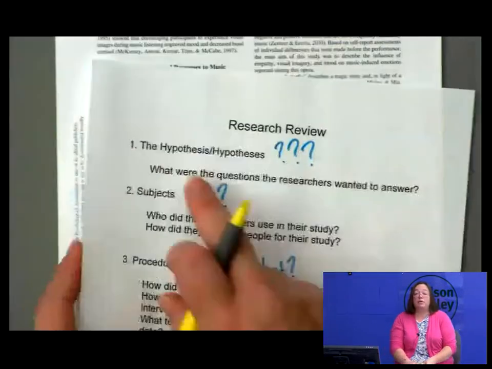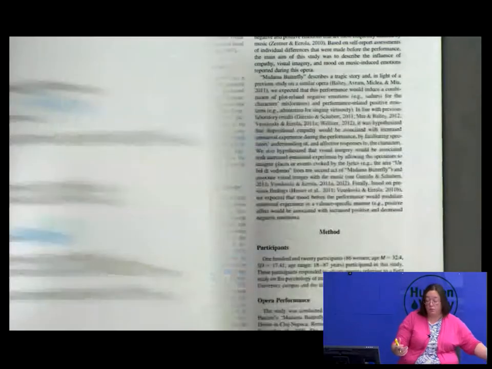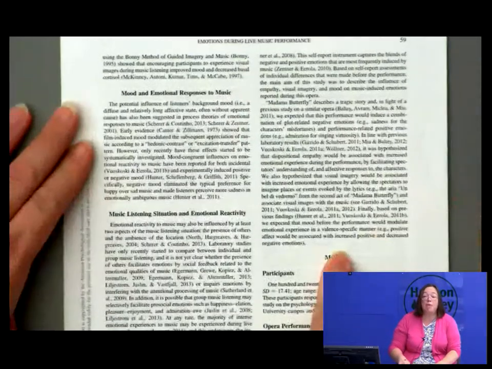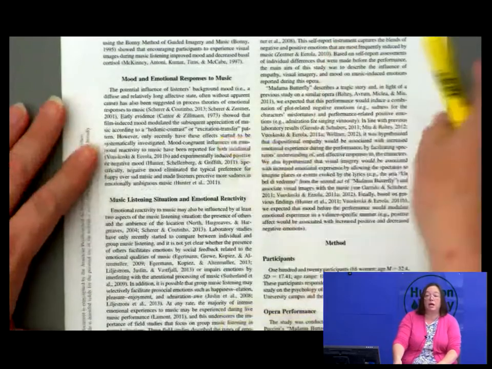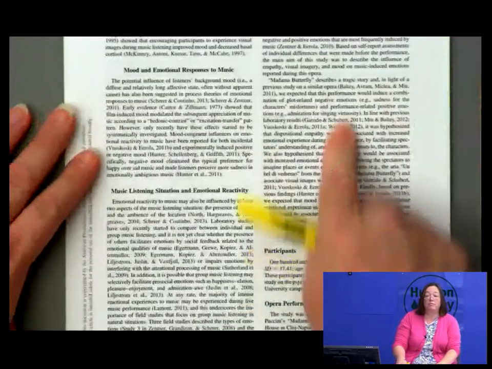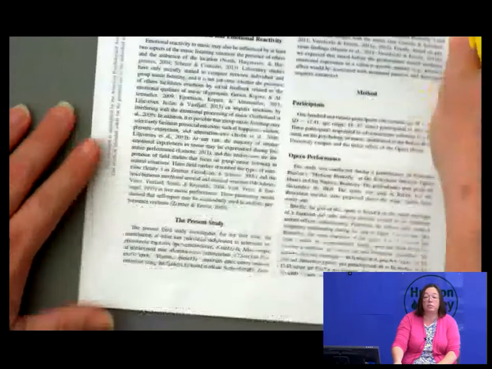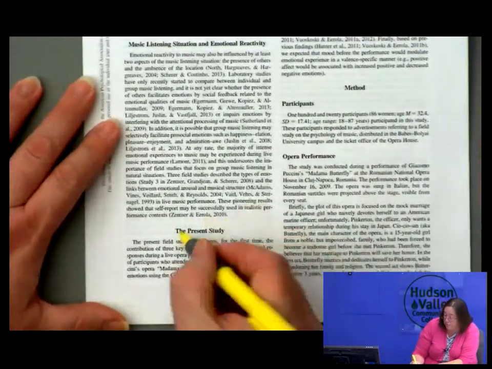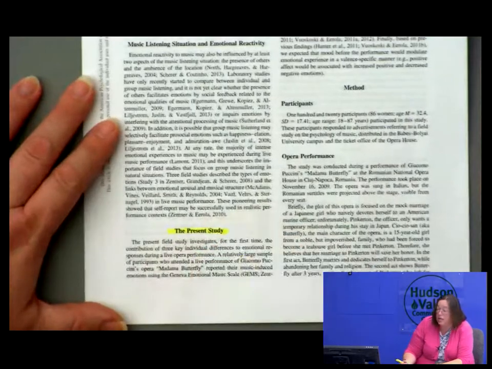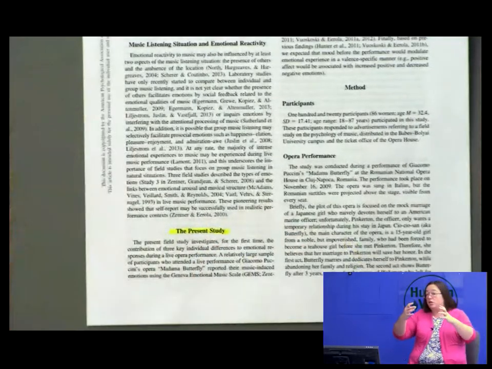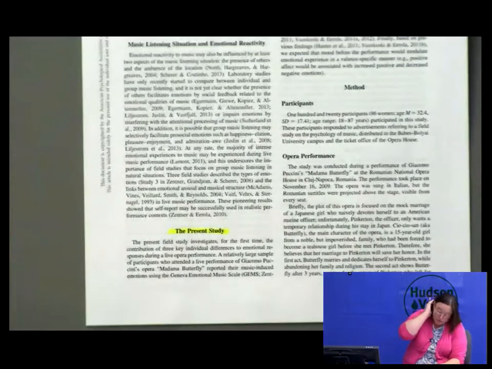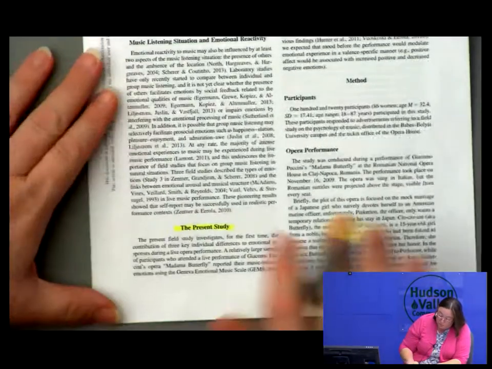In order to find their hypotheses, the purpose of their study, what they're doing, what you need to do is go to the method section and then back up at least a paragraph, probably more. In this study, we know it's probably more because they were nice enough here, where it says the present study, to give you a section all set aside about what the research questions are. So if you read through here,